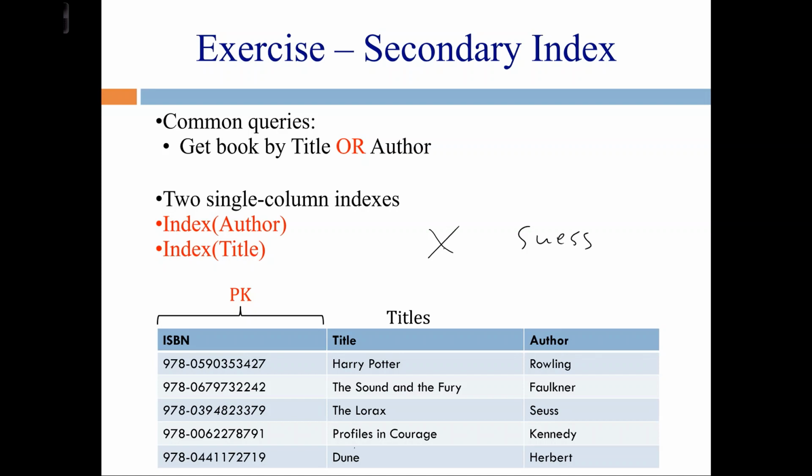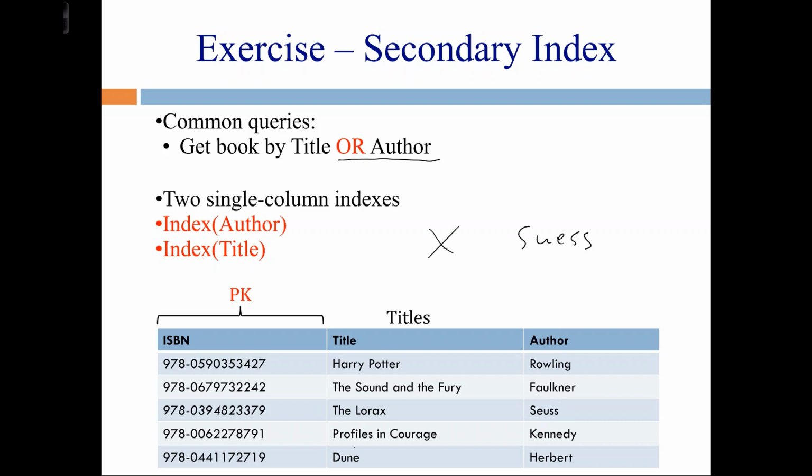So we can use the title index to look for title X. We don't find it, so we have to evaluate the other side of the OR. And then that's just, well, look through all of the authors to find an author named Seuss. So an index on author can help us quickly do that. We sometimes can get lucky and short circuit, and sometimes not, but either way, we will want an index on